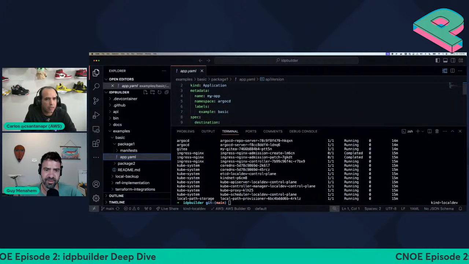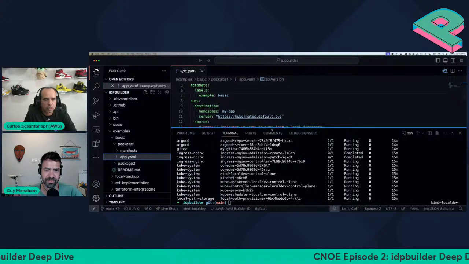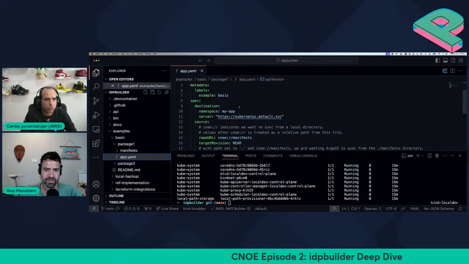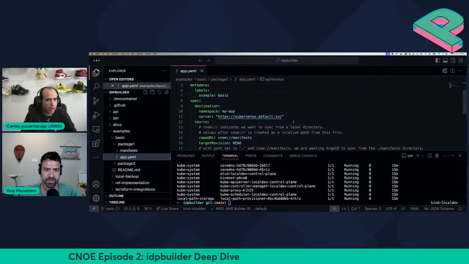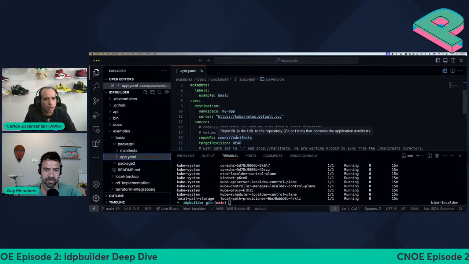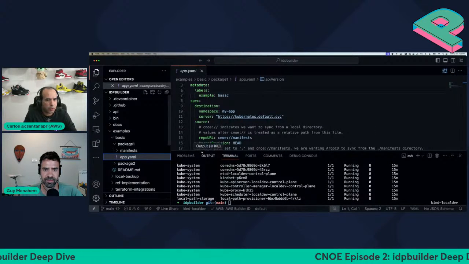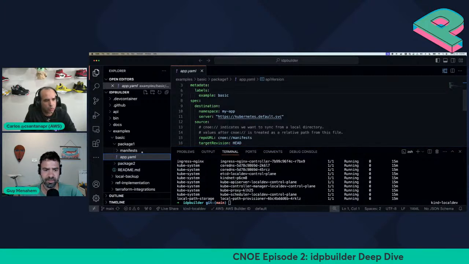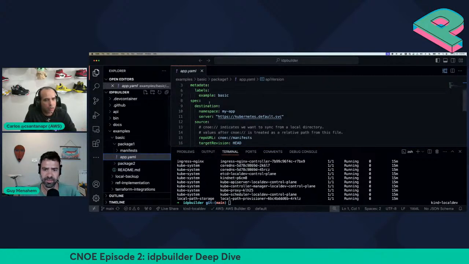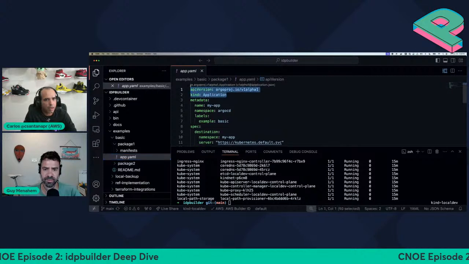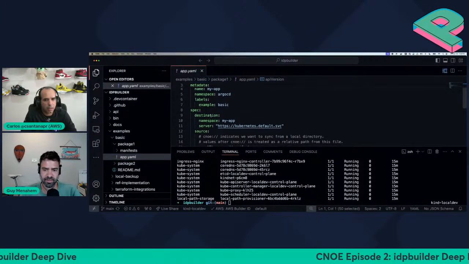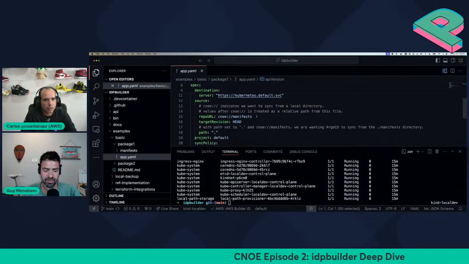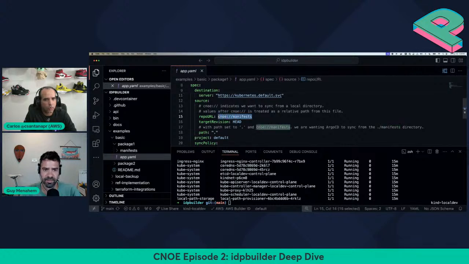So I will have an Argo CD that will point to a Git repo, and within that Git repo will be a folder with my manifest files. So what we're going to do is run IDP Builder. We're going to pass a flag to point to this folder, and it will see that there's an Argo app YAML, and it will inspect and look for a line that starts with this prefix called cnoe://